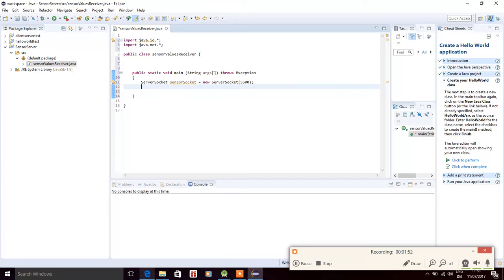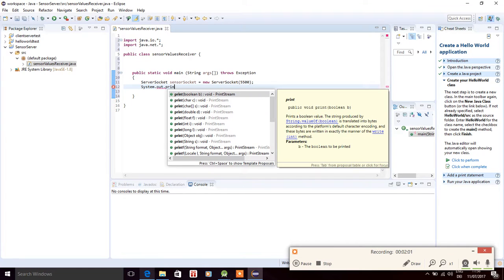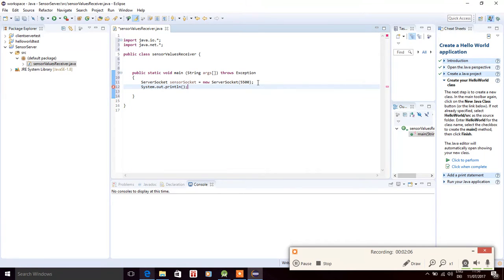Now we can have a print statement here, System.out.println, that says waiting for the sensor client to connect. Then the next will be, we will use the socket class, and we say server